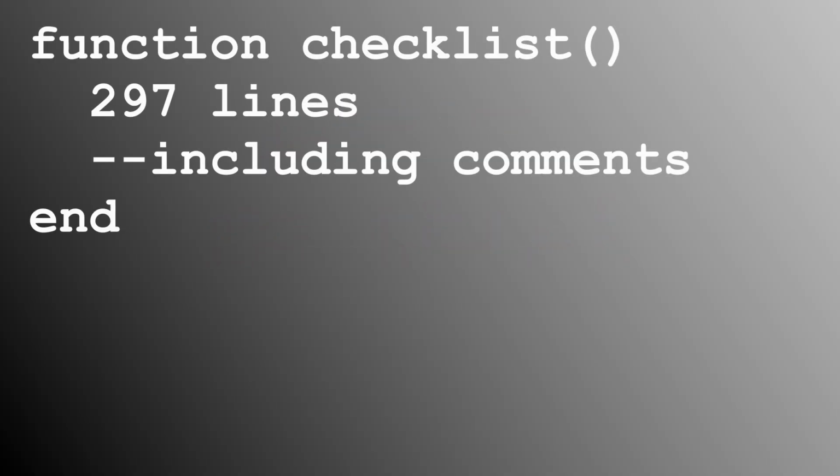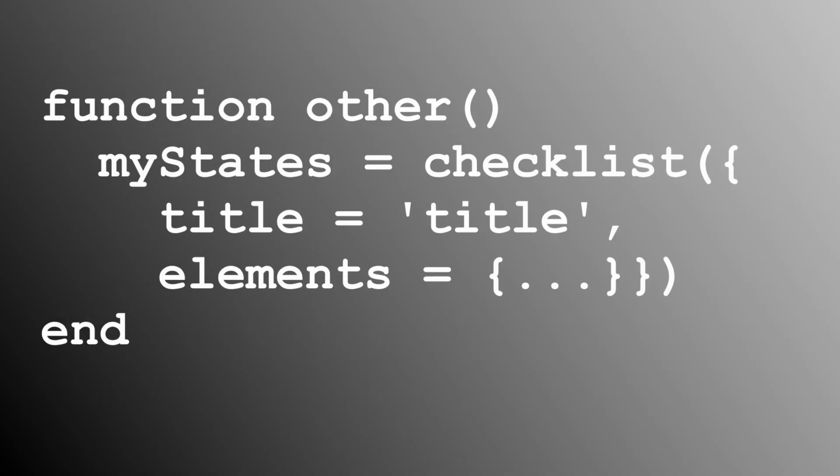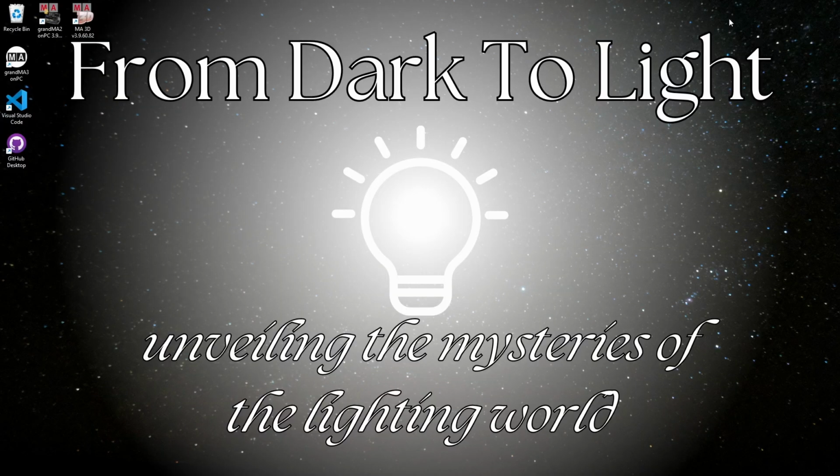I created a function with 297 lines of code, including comments, and I made it so that it accepts a table of arguments, similar to MessageBox, and uses those to fill in the information. Now I just call that function from my other plugins, which is way more efficient, easier to edit, and less error-prone. Of course, I'm going to show you how I did that, although not today. In the next video, I'm going to show you the basic structure necessary to build a UI element and where to find that information. Later on, we'll get to best practices and how to streamline them more.